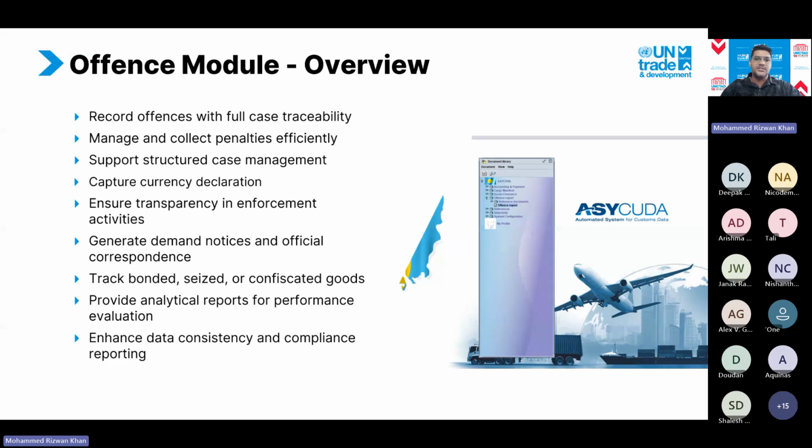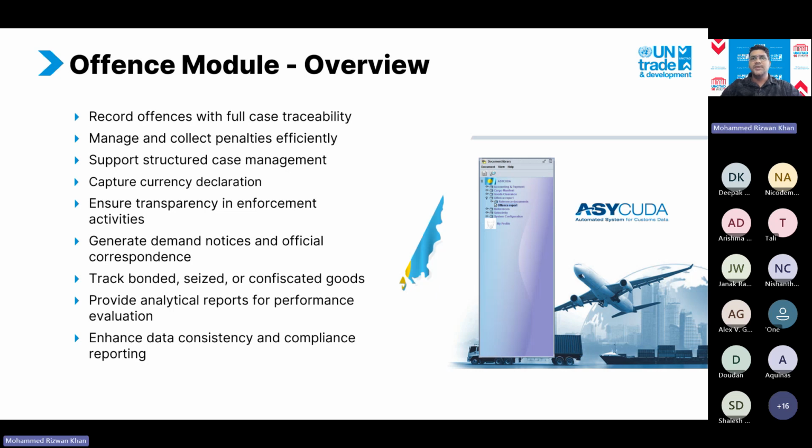For example, if there was a smuggling case at the airport, customs, immigration, or even biosecurity, they all join together to actually seize the smuggled goods and so forth. So this can be recorded with all the details of the other agencies as well. This actually helps maintain accountability and traceability. Everything is recorded step by step, who is doing what.